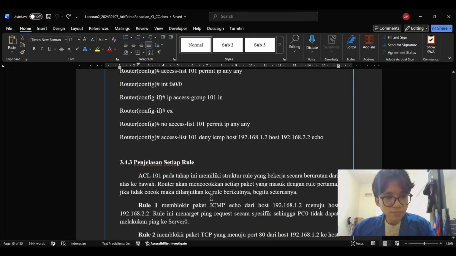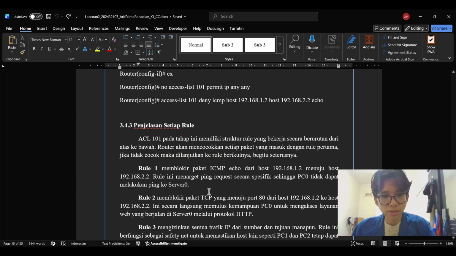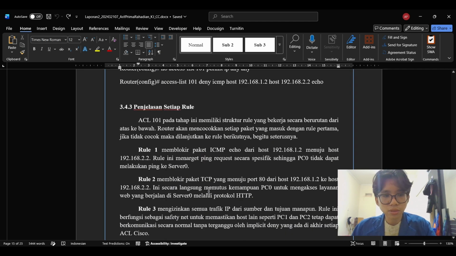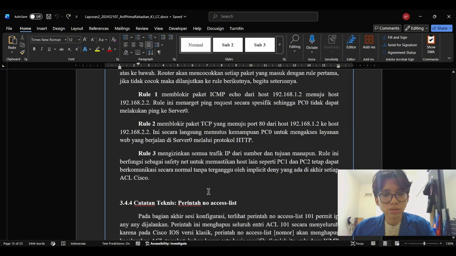This experience highlights something important when working with numbered ACLs on Cisco IOS. Any modification to rule ordering requires you to delete the entire list and rewrite it from scratch.